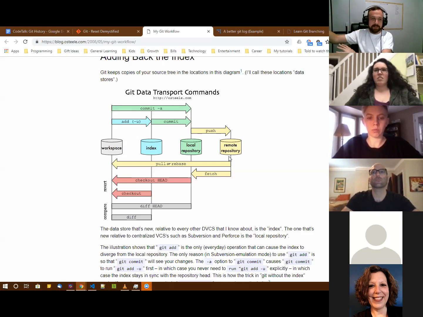Does that make sense? So git commit often, git pull, and then git push. And that's a good way to do it. And like we said, pull is the same as a fetch and a merge all wrapped up into one. Now,